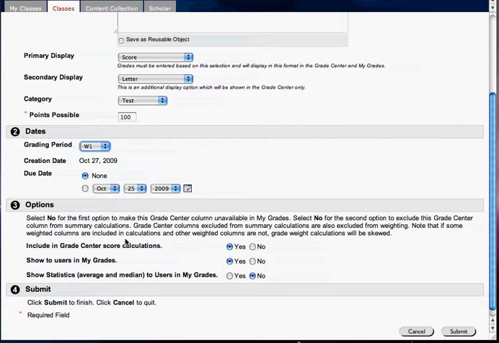We will include this in the Grade Center score calculations, and we will show this to users, that is students, in My Grades, which is the page that students see when they access Blackboard. We can also choose to show students the average and median for the class for this assessment, and I'll say yes to this option. Finally, I'll click Submit,